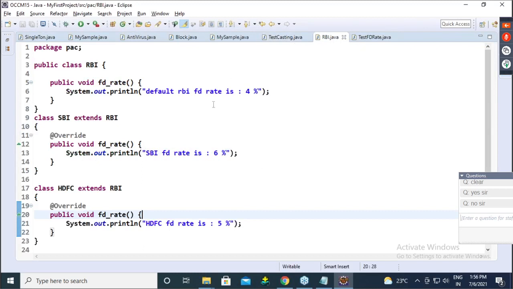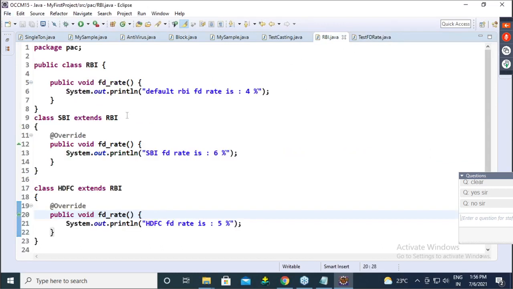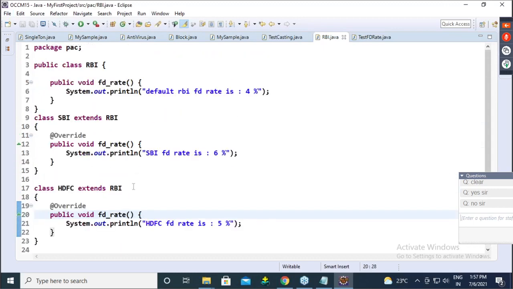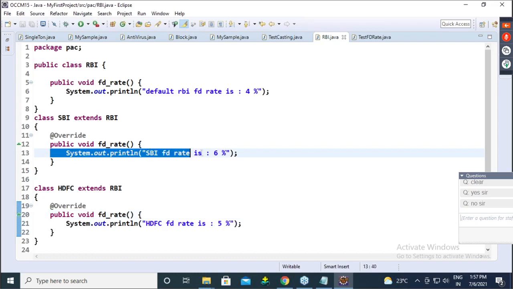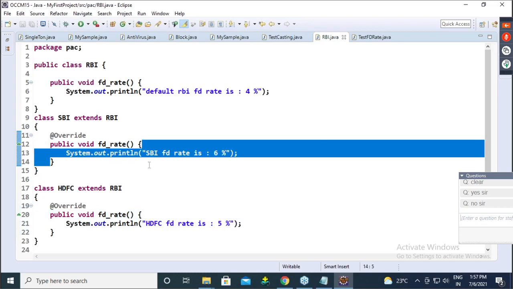Guys, note down this example. Akash, method declaration means FD rate. Here, this is our setup, this is our arrangement code. Definition means this: whatever implementation we are giving, the method body, this is the definition.